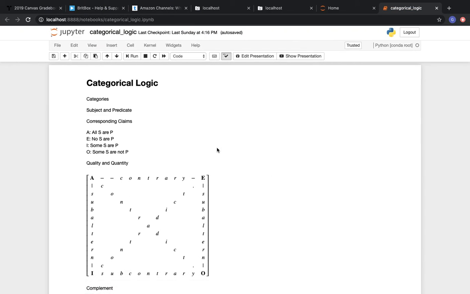Okay, welcome back everyone. The topic for today is categorical logic, and in particular I'm going to be speaking about logic the way that Aristotle thought about it. This is not always something that one goes on to study if one takes classes in logic, but it's a little taste of the sort of formal structure of logic that you will definitely find if you go on to take further courses in this area.